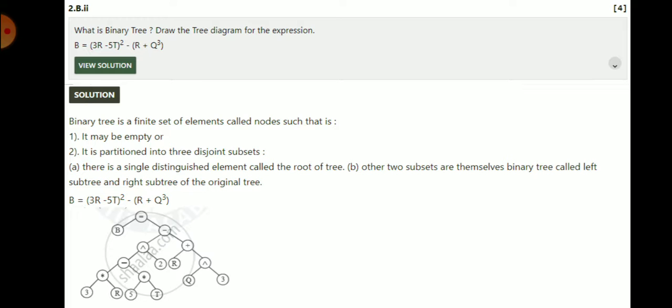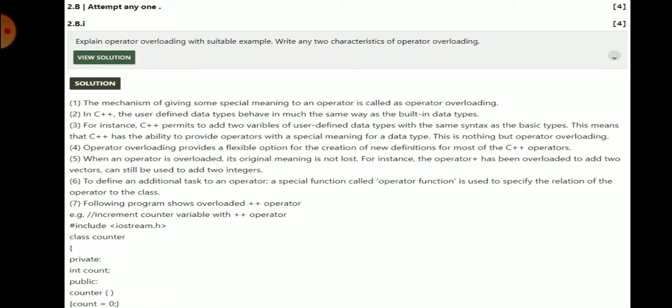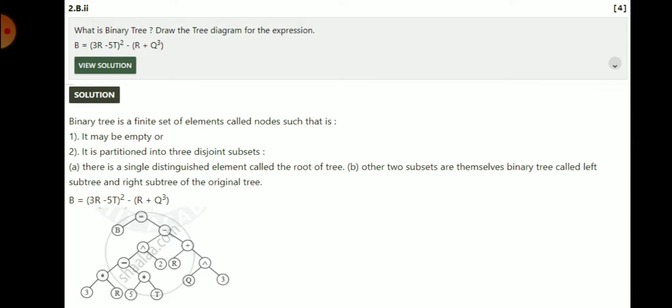This is the equation. First the sign, then B, then the minus sign, with left hand and right hand as the subtrees. Minus is the root form, then A and plus is a subtree.